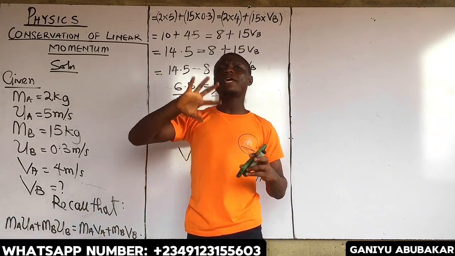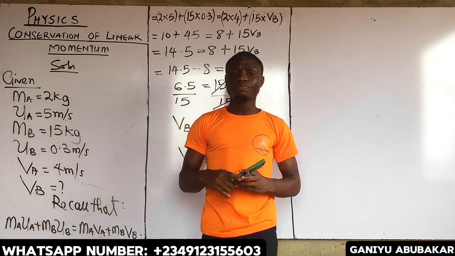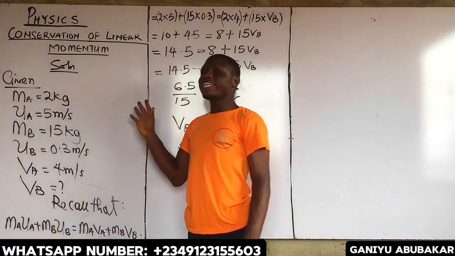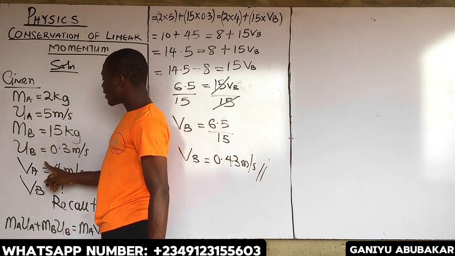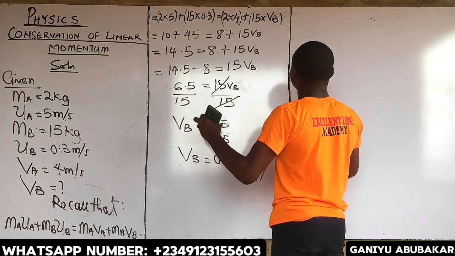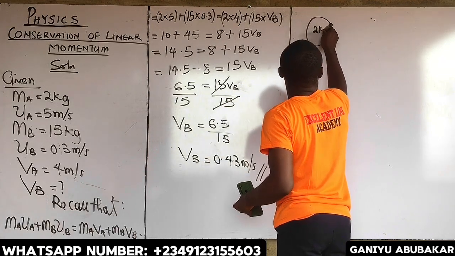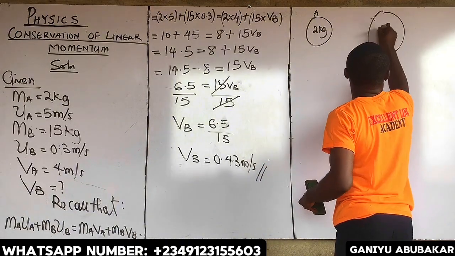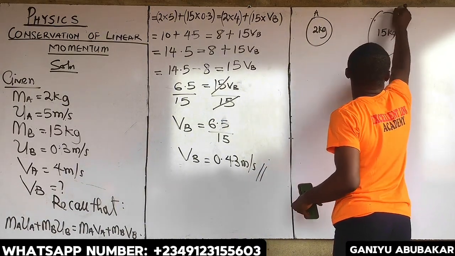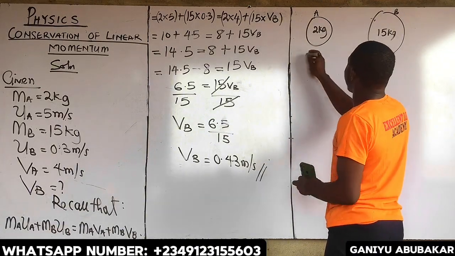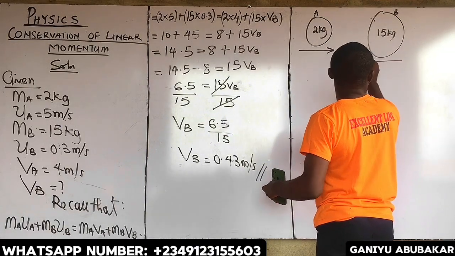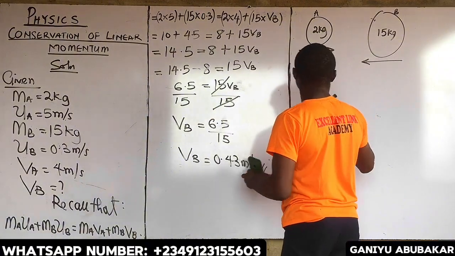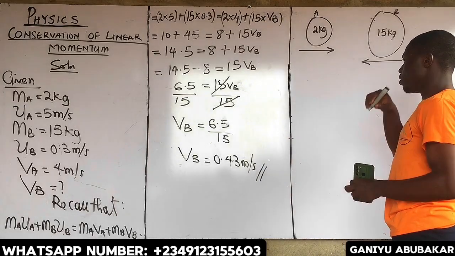All right, let me explain something before we end this concept. Here I'm having mass A and mass B. Mass A is small, this is 2 kilograms. Mass B is bigger, that's 15 kilograms. These two objects are moving in opposite directions before collision, right? After collision, these two bodies...